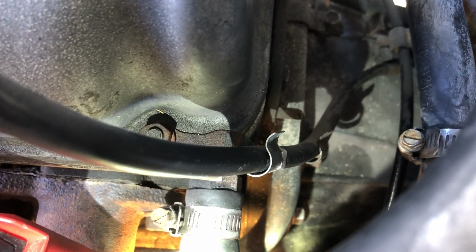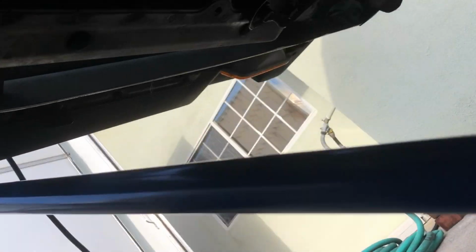It's difficult for the camera to focus. And then there's another bolt that's on the bottom of the starter. Okay. So you can see I'm shining my light on it right now. So it's not this one, it's the one right above it, this guy. The problem is that you'll be able to get a wrench on it or a socket on it, but you'll never be able to turn it until